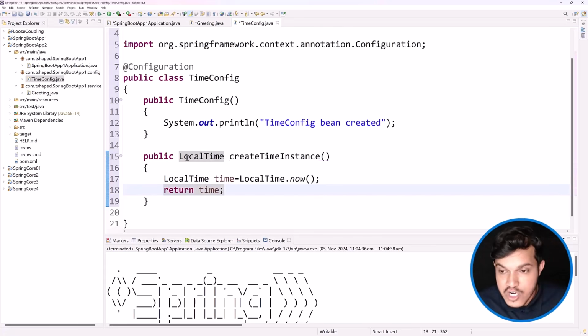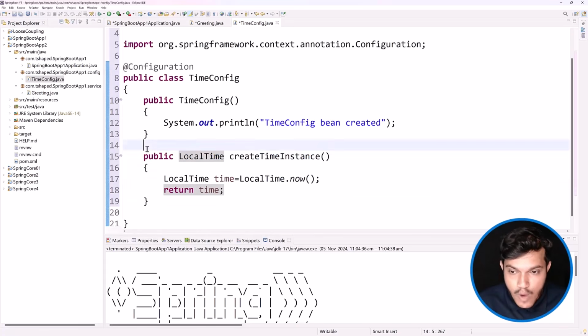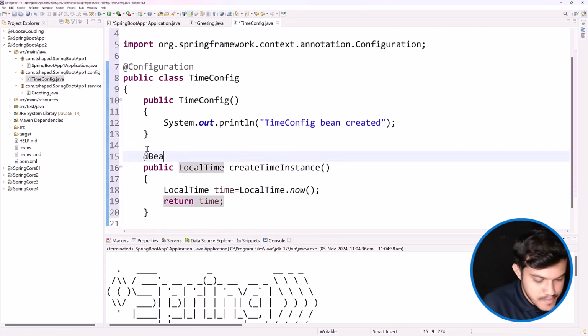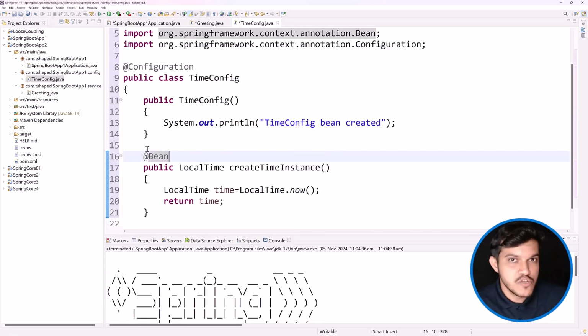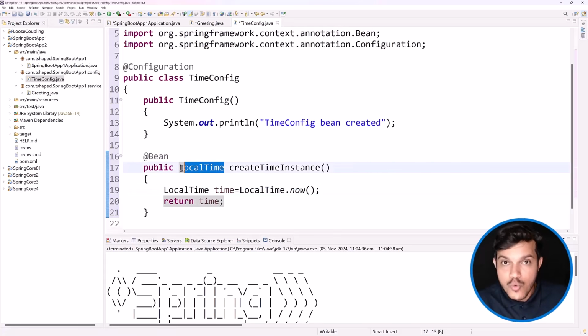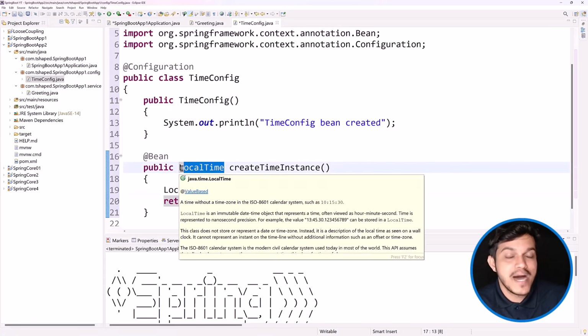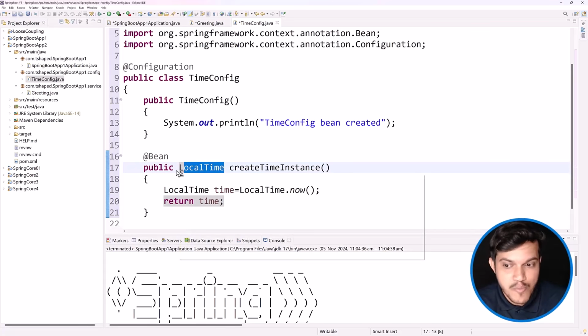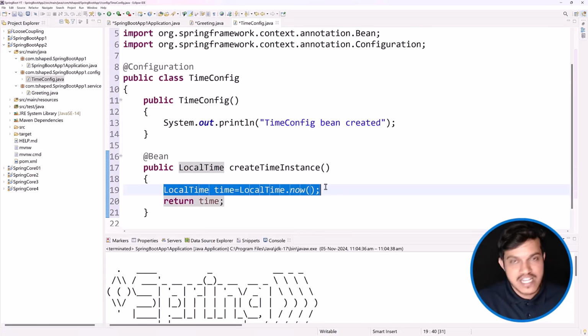And you know very well, if you attach the @Bean annotation to the method, it's a message to the Spring IOC container that look, I have created the instance of this object. However, I'm handing it over to you. You consider this as a part of the Spring IOC container. The moment you do that, even though you as a developer have created the object of this class, Spring will